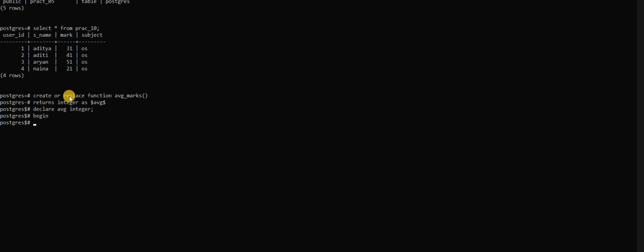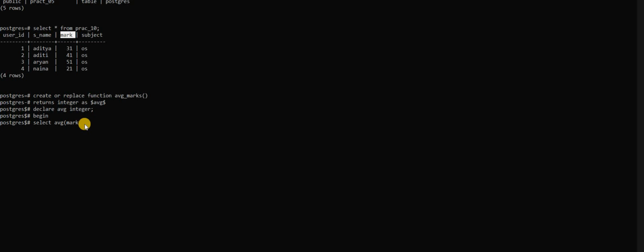Now we are selecting the average of marks. Here we have to write marks with capital MARK.